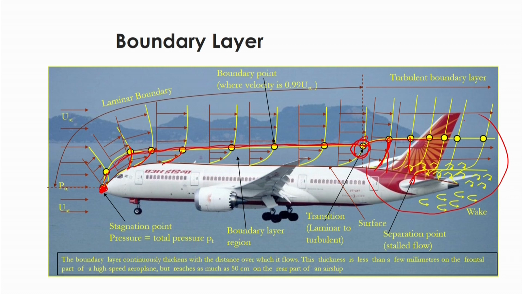This boundary layer thickness will change according to the Reynolds number, and also based on the surface roughness. If it is a very smooth surface, with no friction, there will be a laminar flow and the thickness will be less, whereas on a rough surface you will get more boundary layer thickness. Now, we will be discussing in this lecture how to calculate this boundary layer, and how the velocity distribution will be over the surface.